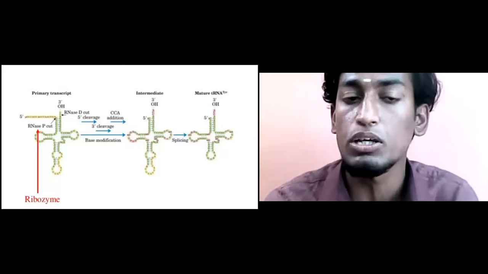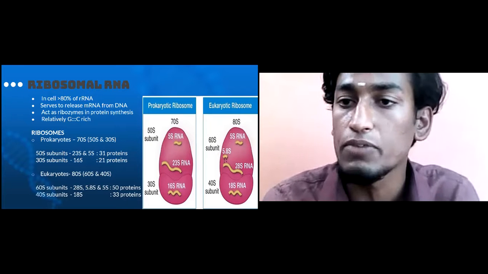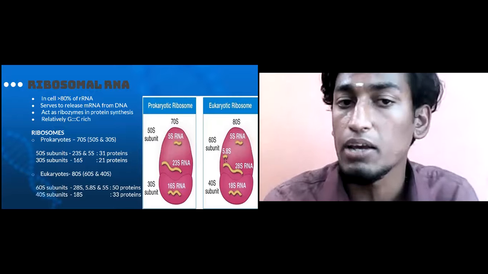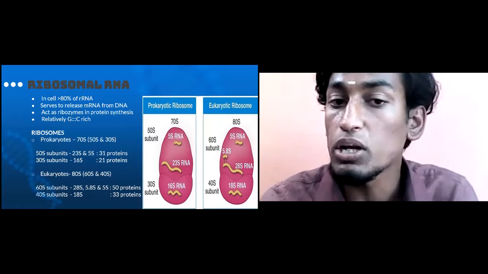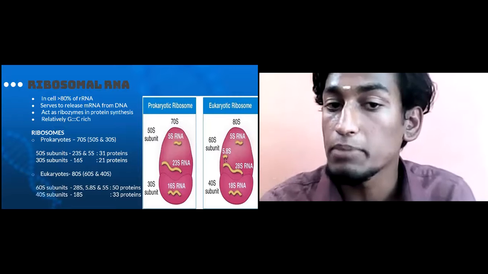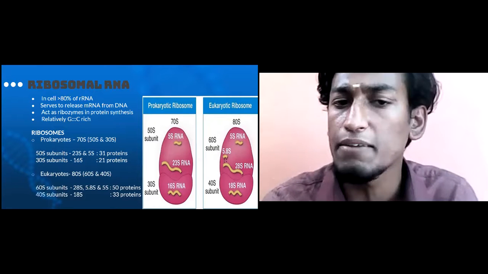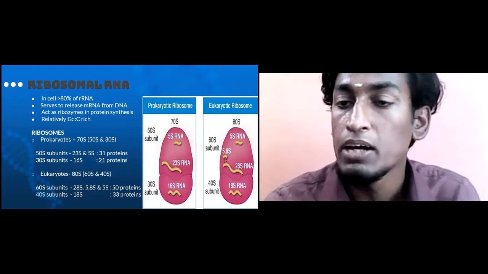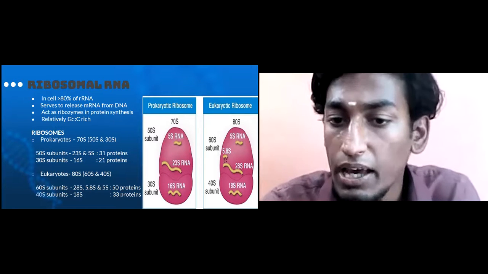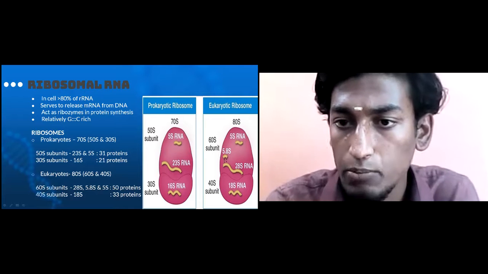And let me move on to the ribosomal RNA. In a cell, there is more than 80% of rRNA, which is the ribosomal RNA, which serves to release the mRNA from the DNA. This acts as ribozymes in protein synthesis. It is relatively very rich in guanine and cytosine content. Here you see the schematic representation of the difference between a prokaryotic ribosome and a eukaryotic